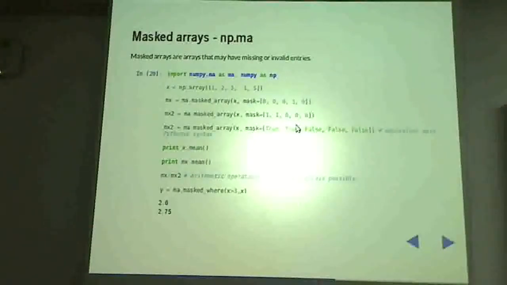But suppose your data is such that negative numbers indicate some problem with the data. You don't want to use it and you want to take the mean of only the positive numbers. Okay. Then you see that in this mask mx, we have put 1 here, so this element will be masked. All the other elements will not be masked.